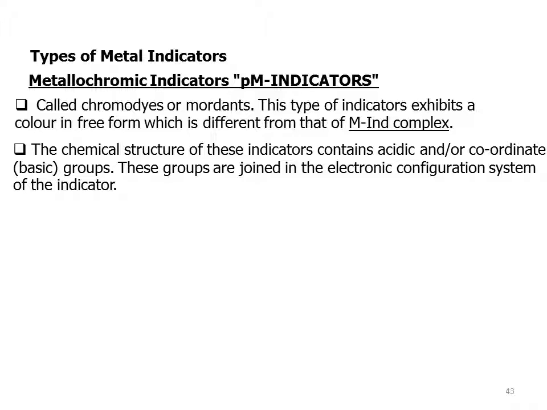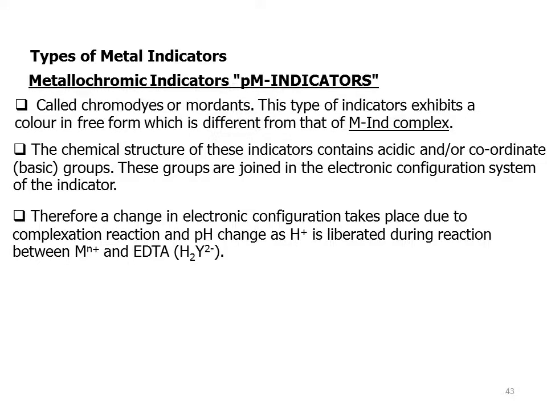The chemical structure of these indicators contains acidic and/or coordinate basic groups, which usually hold heteroatoms. These groups are joined in the electronic configuration system of the indicator. Therefore, any change in this electronic configuration could take place